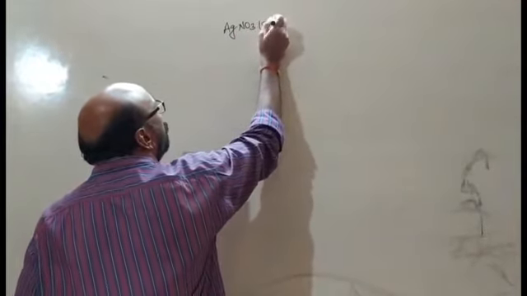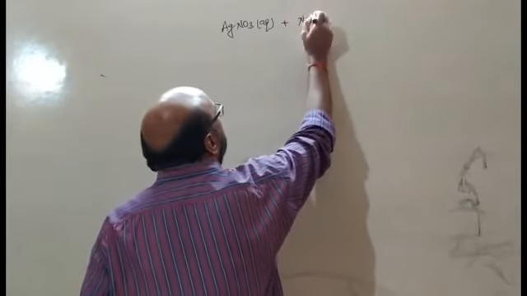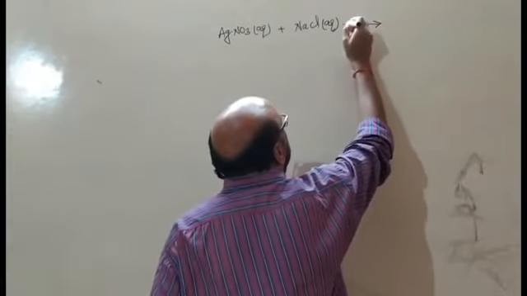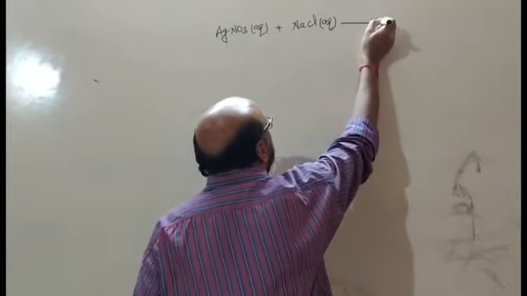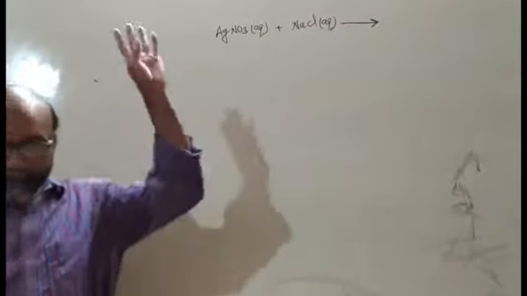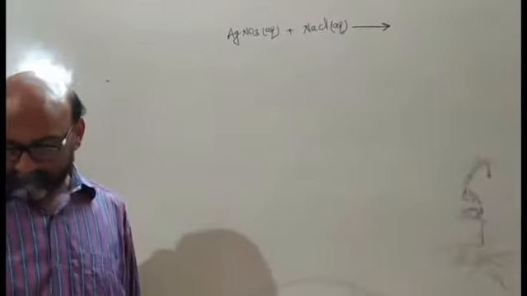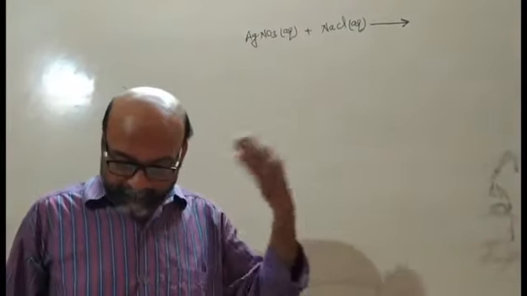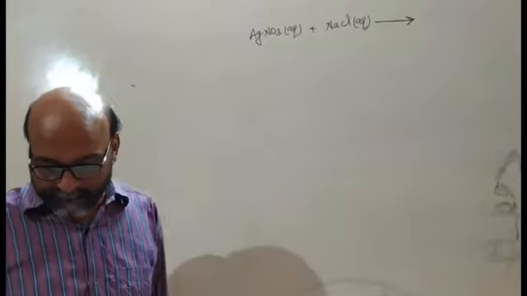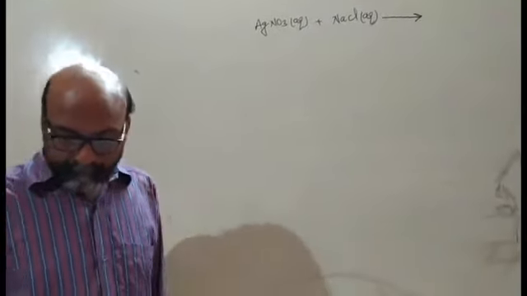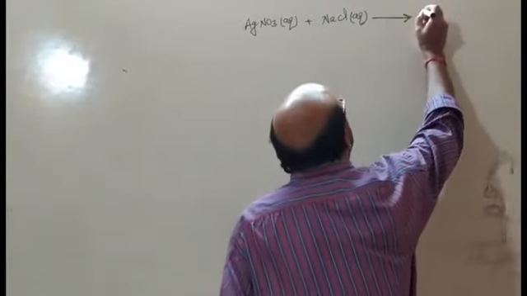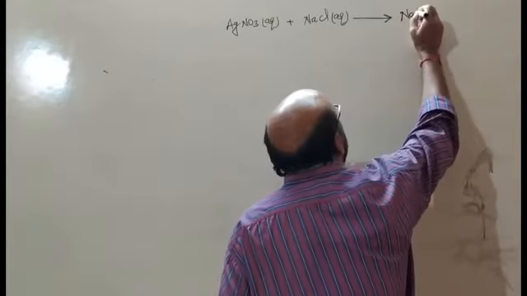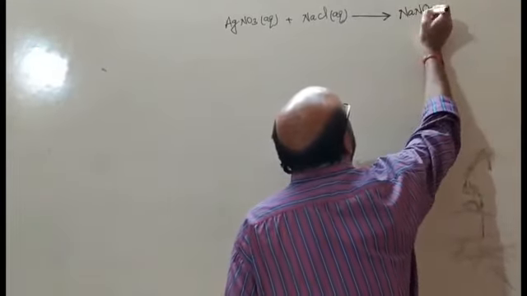AgNO3 aqueous solution, NaCl aqueous solution. We have read this reaction in a previous kind of chemical reaction. You may recall from your memory which kind of chemical reaction it is. It gives NaNO3 aqueous